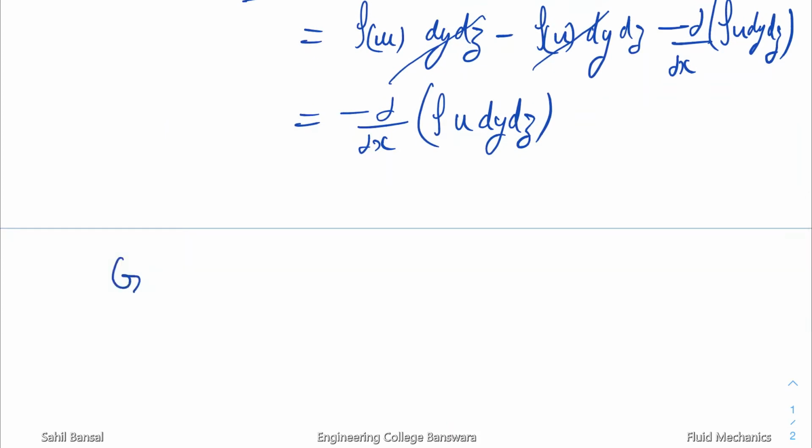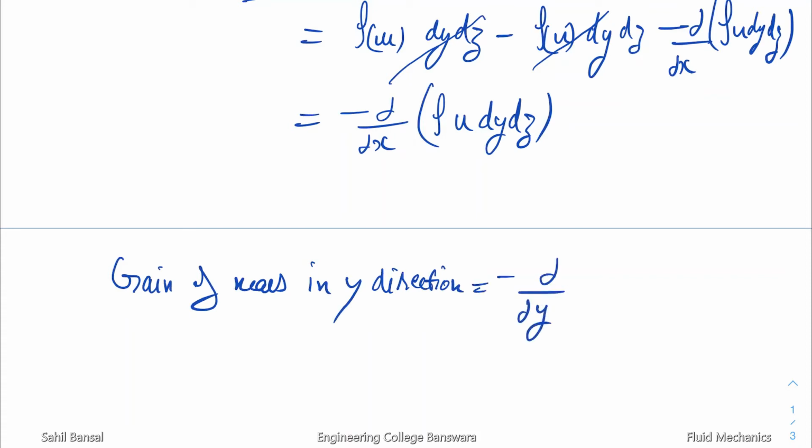Similarly, what will be the gain of mass in y direction? It will be equal to, by similarity, you can calculate it also, but yes, it will come out similar to this. So it will be del upon del y rho, here we will take v,